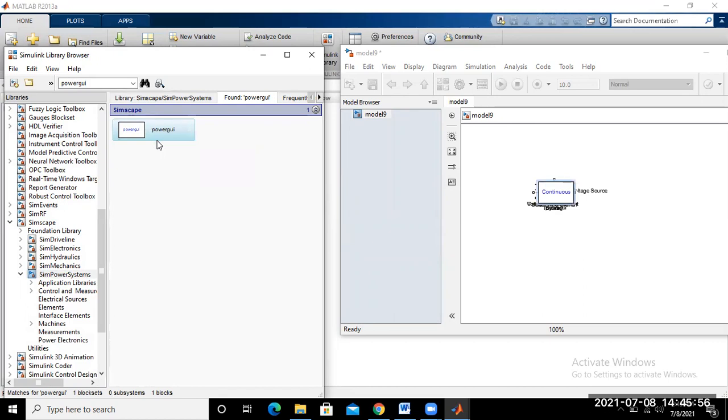And the next requirement is your pulse generator to provide the gate pulse to the thyristor. We use a thyristor here, so a pulse generator is required. Simply type here pulse generator and press enter.